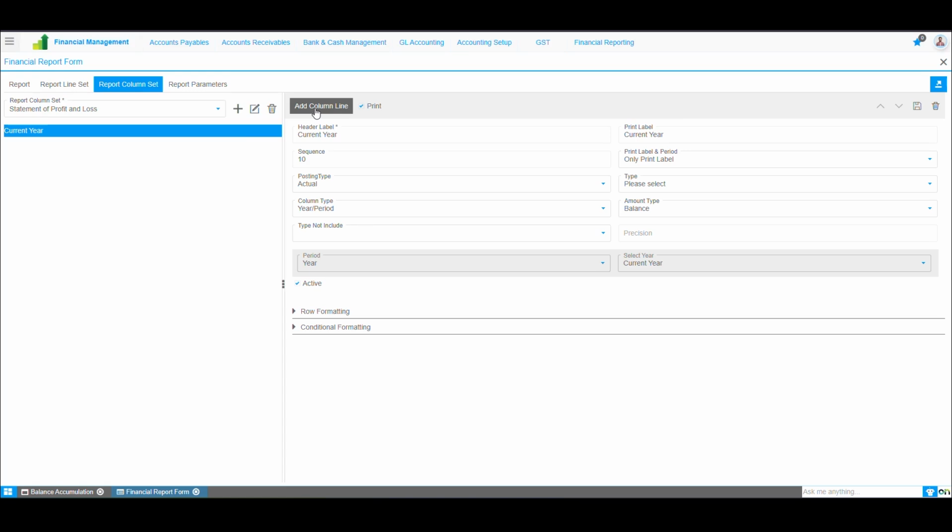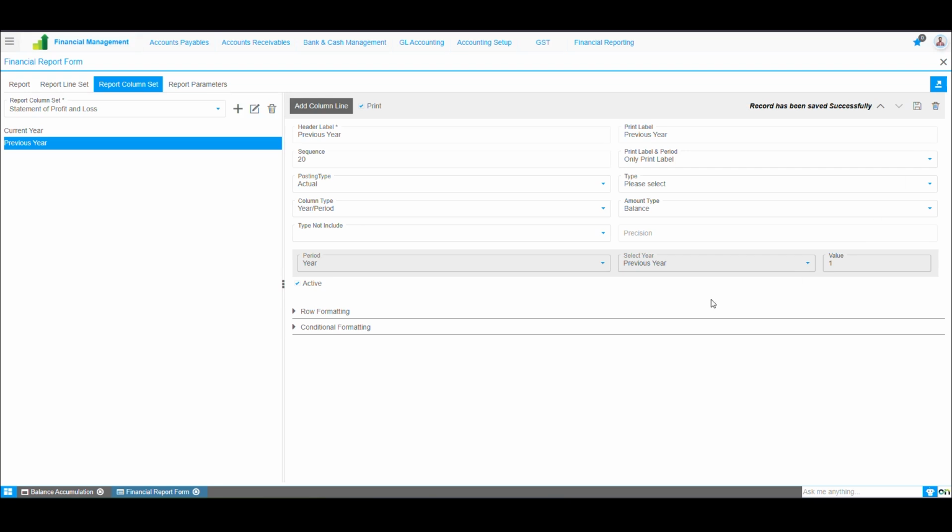For instance, you can create a current year column and save it. Similarly, you can define a previous year column by selecting the column type as year or period, and setting the period as previous year, for example, previous 1 year. You can also create another column, such as previous 2 years, to display balances for 2022 if the current year